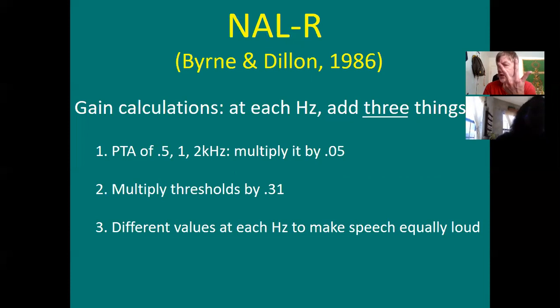It's got three steps. Number one, take your pure tone average of 500, 1,000, and 2,000 hertz, and multiply that pure tone average by 0.05, or in other words, divide it by 20. Okay, keep that number. Number two, take each threshold and multiply each threshold by 0.31. In other words, divide it by 3. Thirdly,